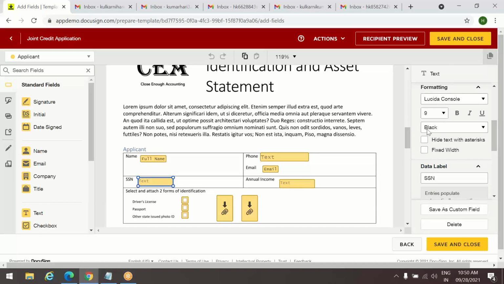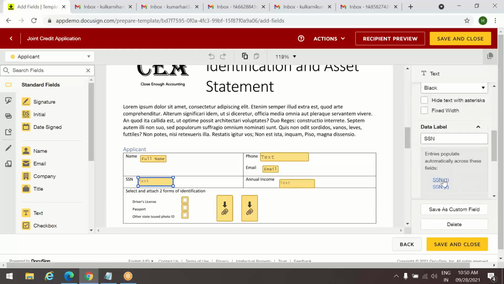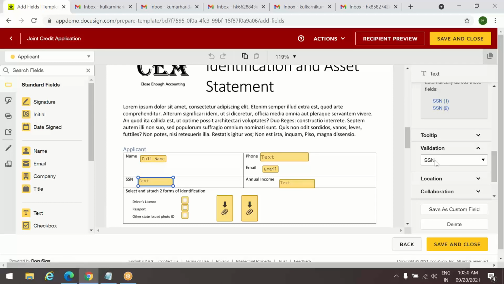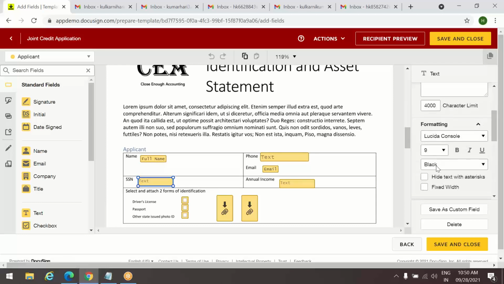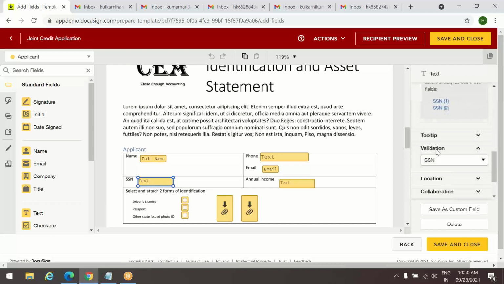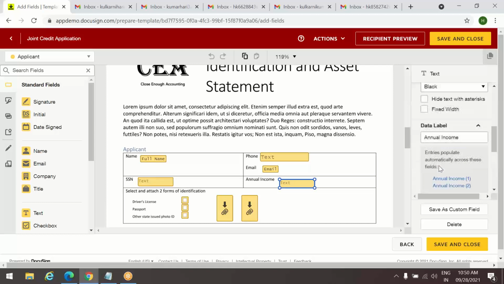Except for formatting, we are giving the data label as SSN and validation as SSN. Annual income, similarly, validation numbers and data label as annual income. So we see here